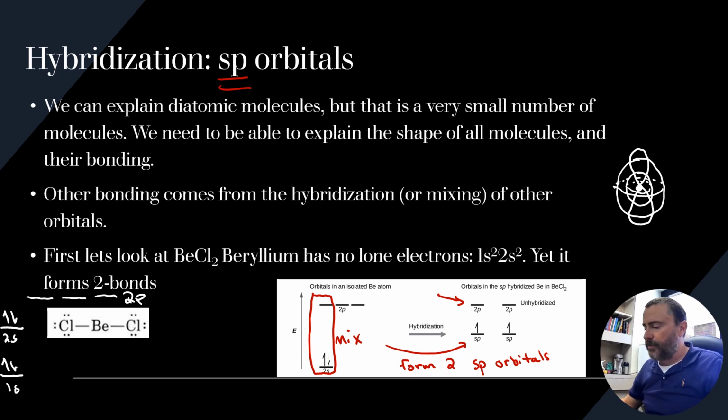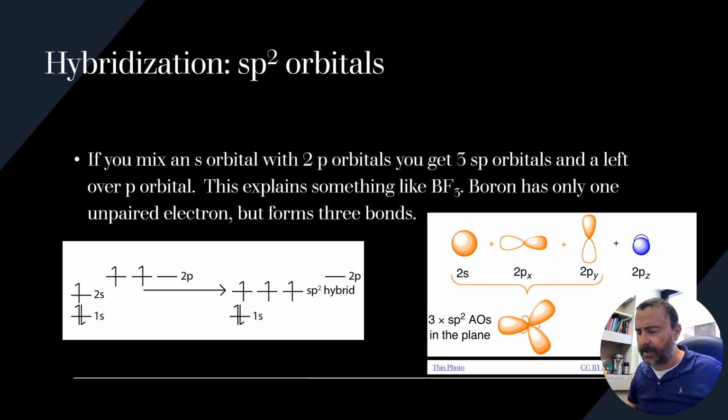Next up, let's move on to what if we mixed an s orbital with two different p orbitals? When we do that, we call it sp2 hybridization. When we mix with sp2 hybridization, if I mix an s orbital and I mix two of the p orbitals,